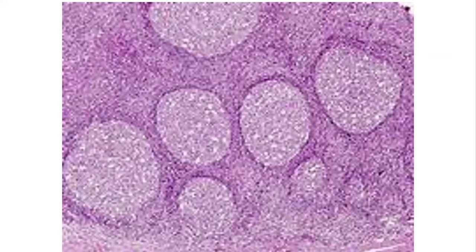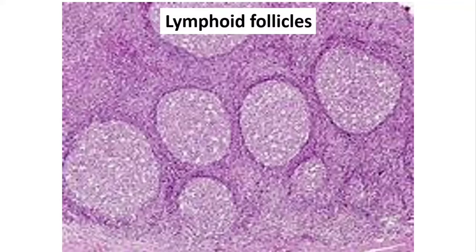After collecting the lymph from the interstitial fluid and passing through the lymphatic vessels, carrying antigens and large molecules, they enter the lymph node. The lymph nodes contain lymphoid follicles, and these can also be called lymphatic follicles. What is a lymphatic follicle? It is a group of